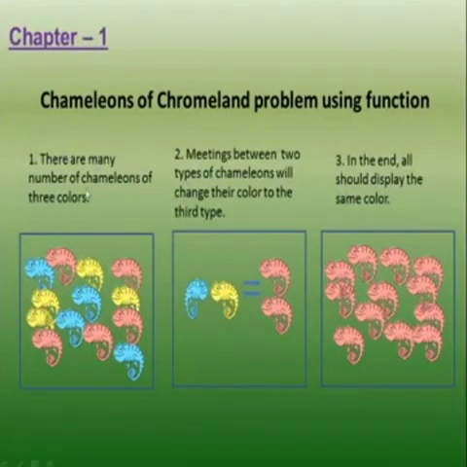First step, there are many chameleons of 3 colors. Actually, we don't know the number. That means we don't know how many are yellow, how many are blue, how many are pink. But there is a strategy: a meeting between two types of chameleons will change their color to the third type. That means if a blue and yellow chameleon meets, then both will change to the color of the third one,